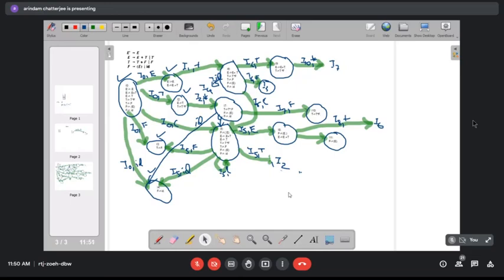With open parenthesis, you go to I5. With ID, you go to I4. That's all. I8 with plus, you go to I6, and with close parenthesis, you go to I11. For I9 with star, you go to I7.